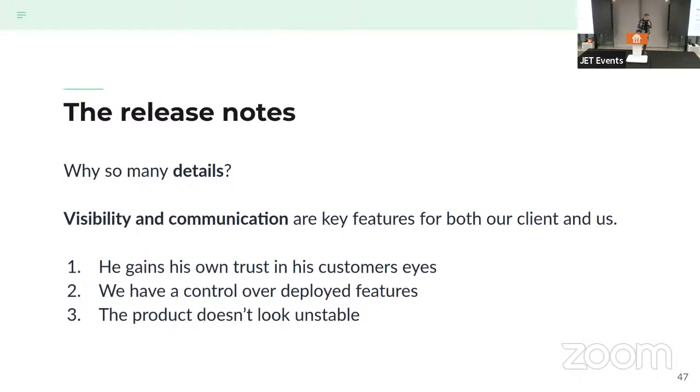Apart from that, our customer gains trust with his own customers, because although this is a startup, he is seen as more mature. We have much more control over the deployed components, and the product itself looks more stable.